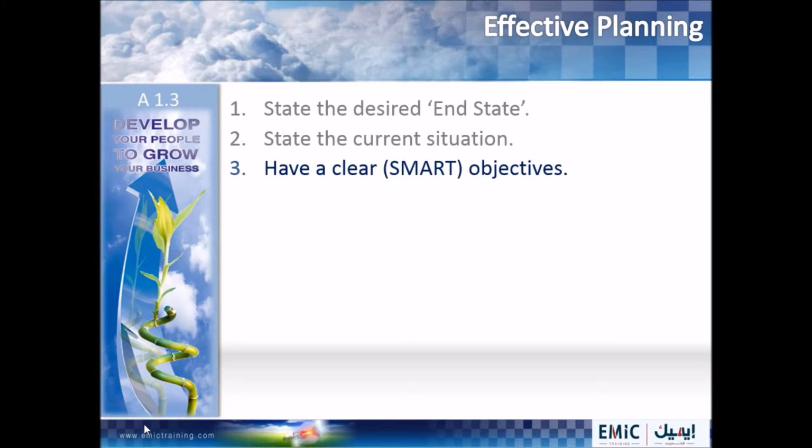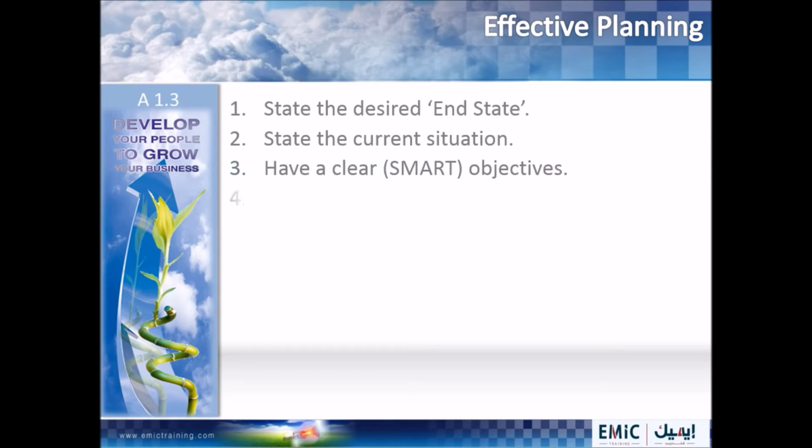move on to the third step. How do I bridge that gap? How do I move from where I am now to my desired end state? This is where you have and set clear, smart objectives. After you understand where you want to be, where you are now, and you've bridged that gap with your smart